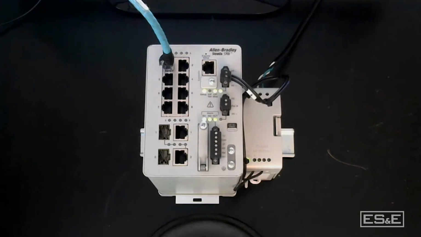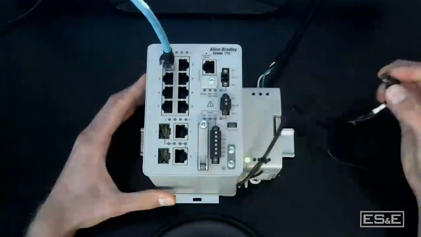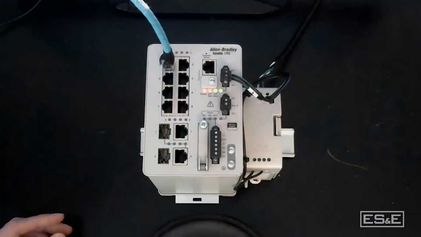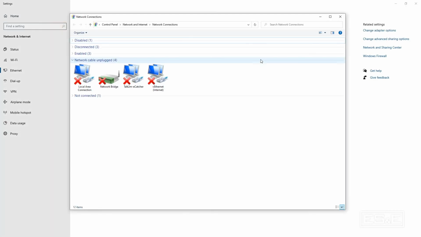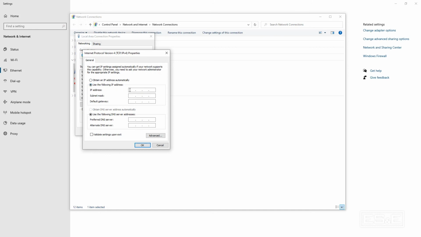From here, we can cycle power to our switch, which we will do by removing power and reinserting power. The switch will take a few minutes to reboot. While it's doing that, we will go ahead and put our PC back on the network that we just had the switch IP address. This is done under Ethernet settings, Change Adapter Options, Local Area Connection. We must have an IP address that is on the same network but is not already in use. In this case, we use